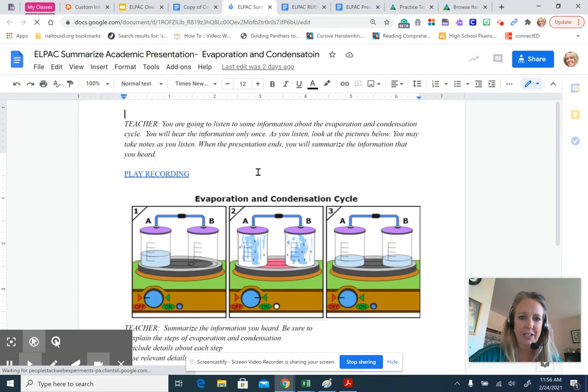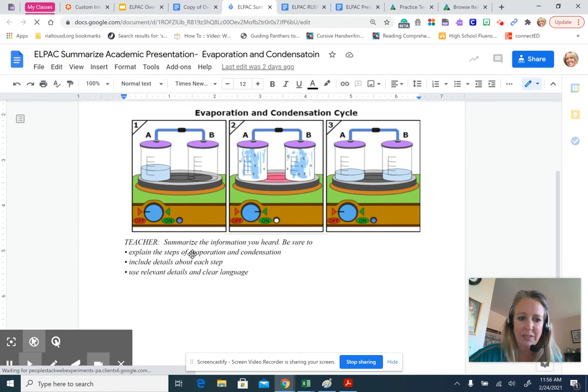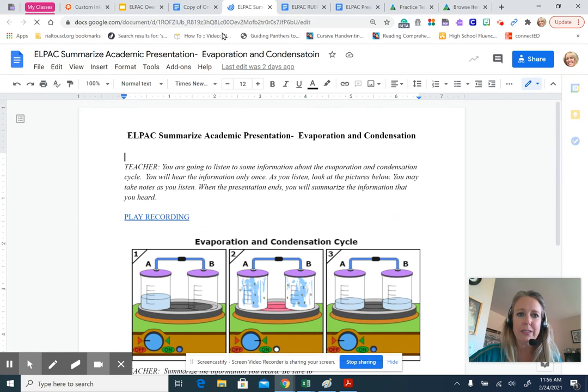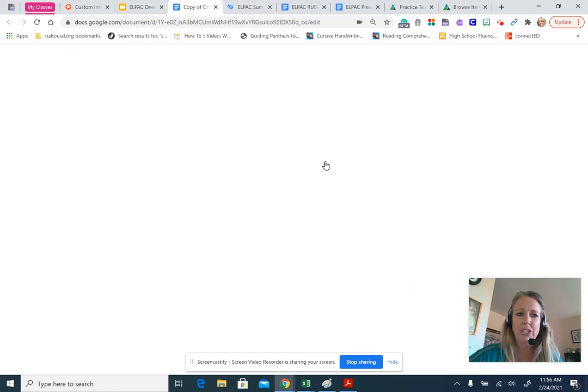So here's the initial, and this is actually from the ELPAC. My kids did pretty good on this. I was really impressed. So again, teacher, you just read all this italicized stuff to them and then let them play with it and practice answering these questions. So that's the gist of why we did this. And again, it's high school, ninth through tenth grade.